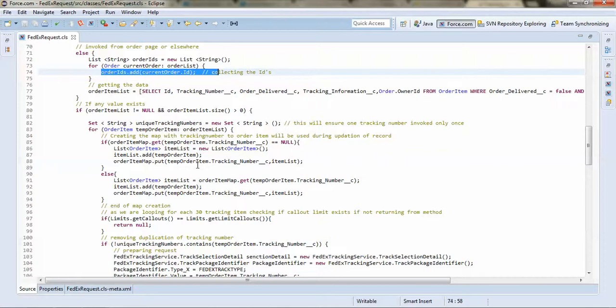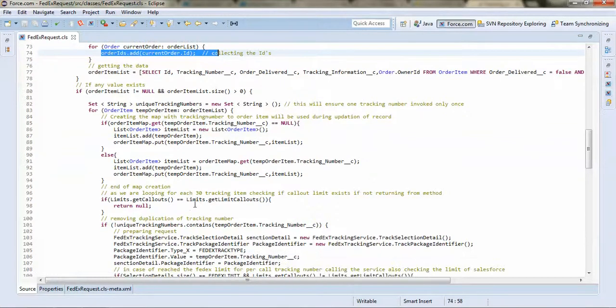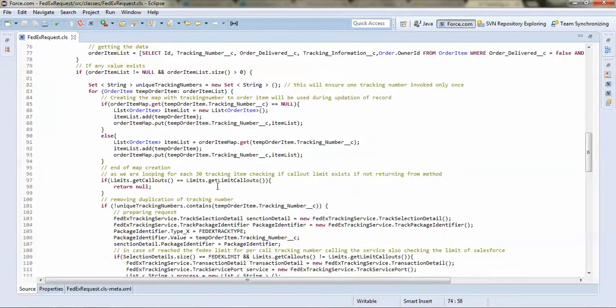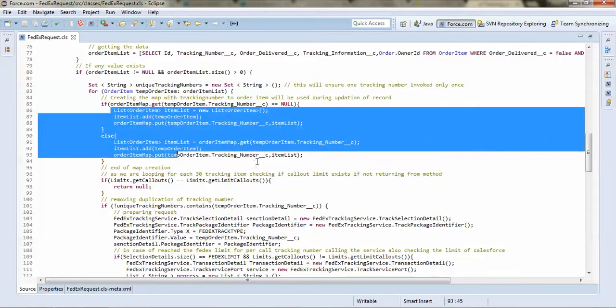If multiple orders have the same tracking number, only that same tracking number will be used for all orders. This removes duplication of the tracking number, and this list will be used during update so that none of the orders is left out during updation.